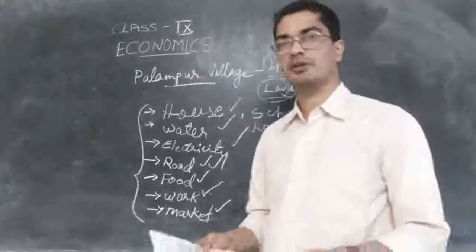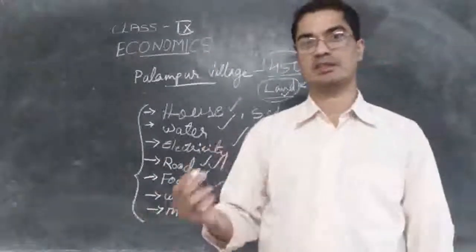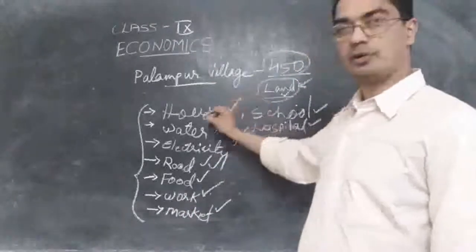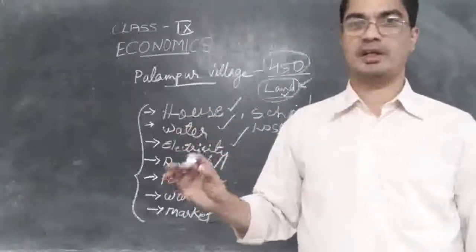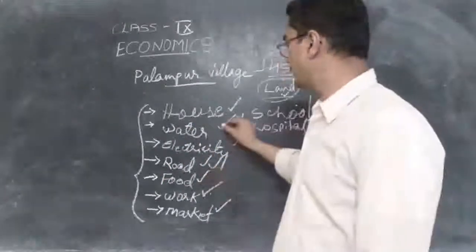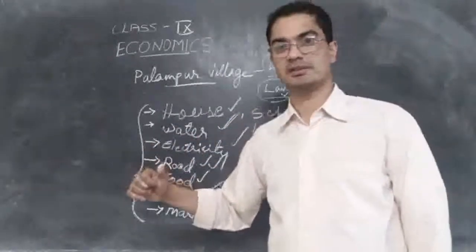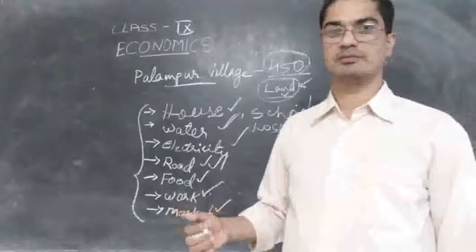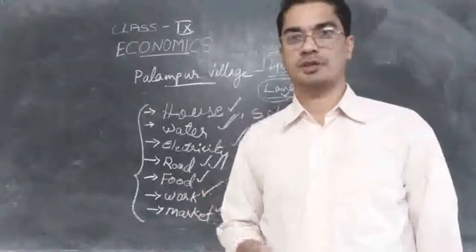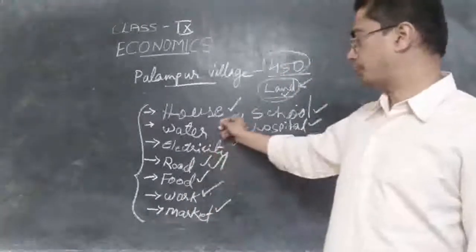So this is just an introduction about a village. What are the activities that take place in a village? We said most of the people have got good houses. Poor people have very small houses made with mud and straw. Then they have water. How do they get water? They mainly get it from the two wells, and they pump it out from the wells. They use it for their agriculture purpose as well as for their house purpose.